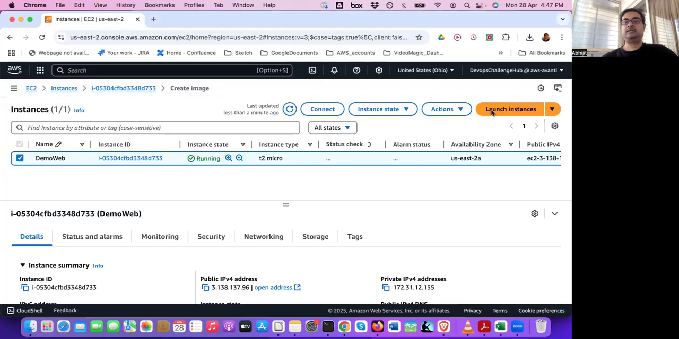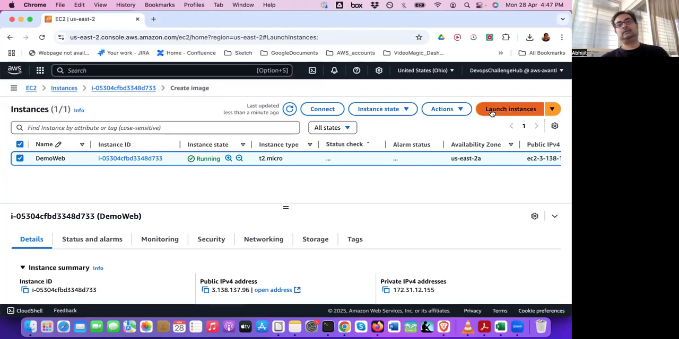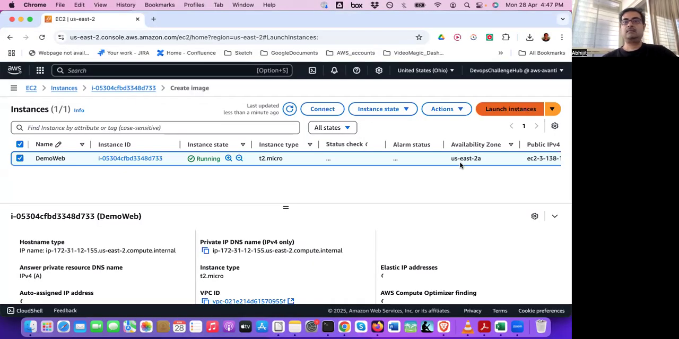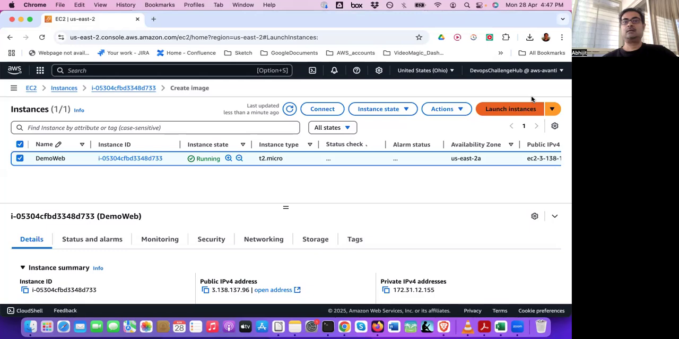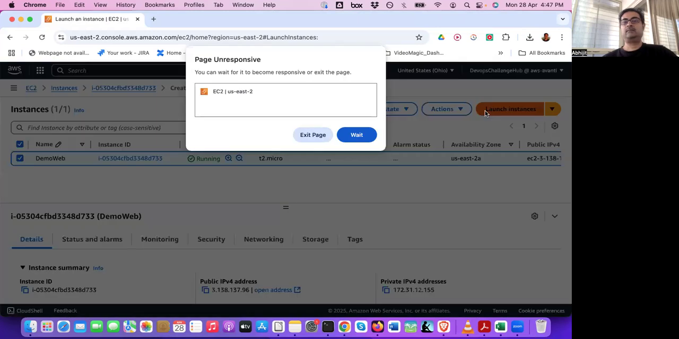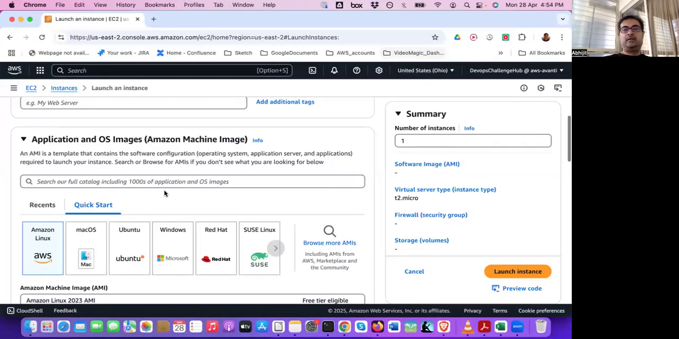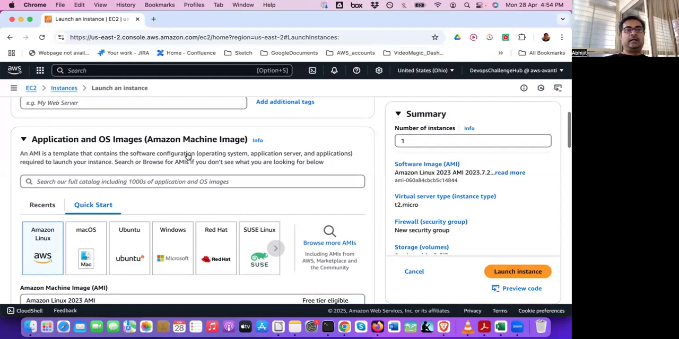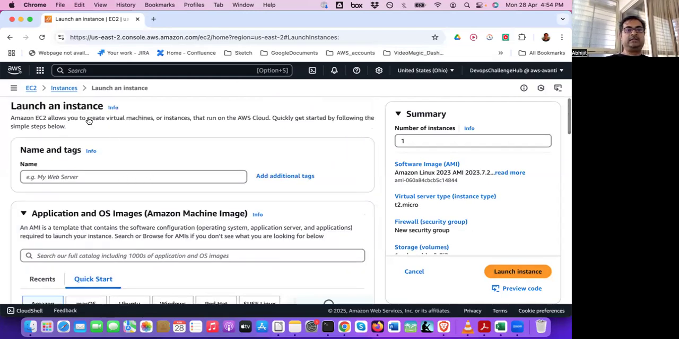It's very slow, okay. So it's taking some time. So now I'm on the launch instance page, and I can give some name of my instance which I want to